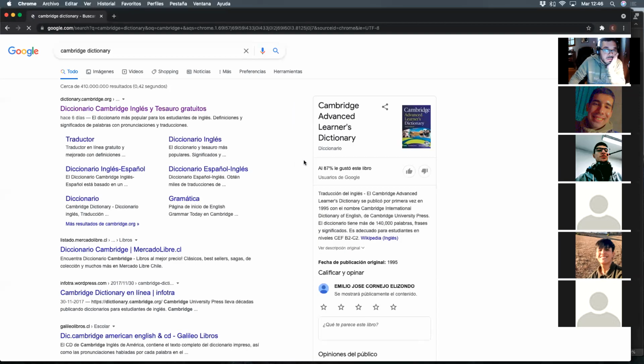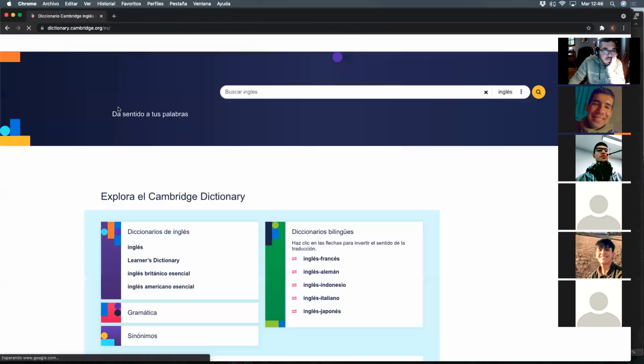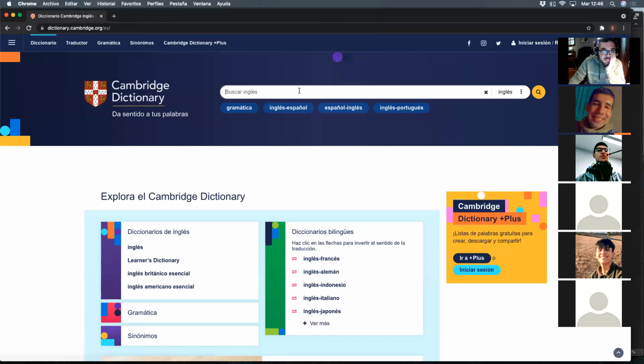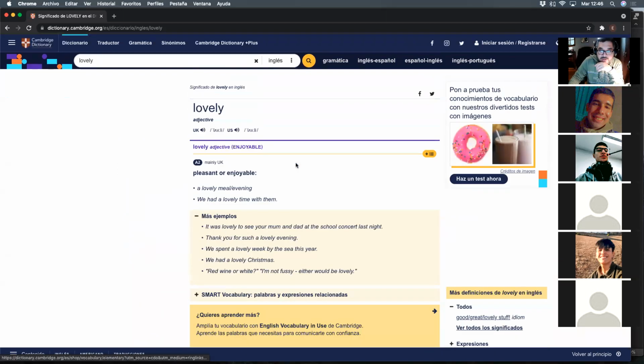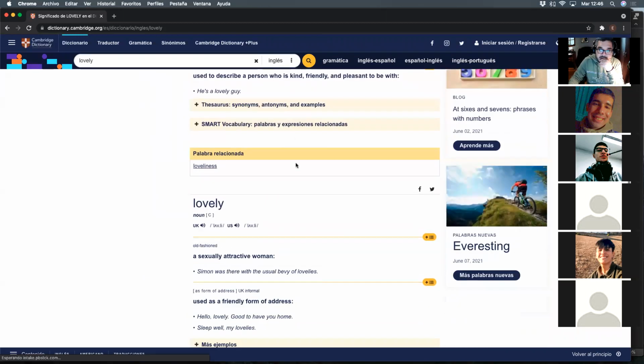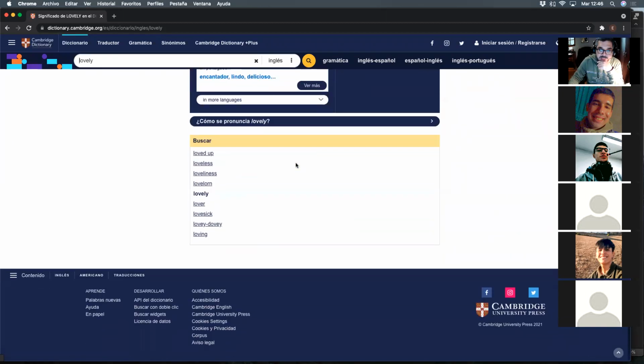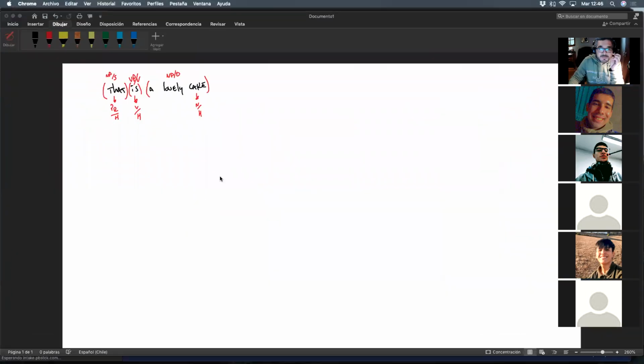So Cambridge Dictionary, and I'm going to open this up. Okay, now the spam. Okay, it doesn't work. Lovely. Lovely adjective. Lovely can be a noun as well, but an adjective. Okay, so it's an adjective. Be very careful because even though lovely ends in ly, it is not an adverb, but an adjective. That's interesting. So this is an adjective, pre-modifier. And this stuff is a determiner,